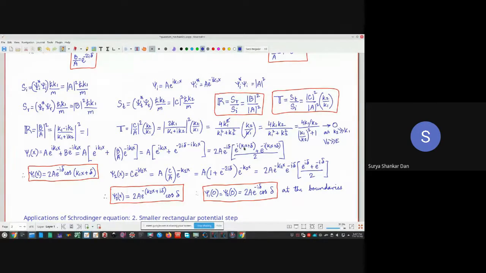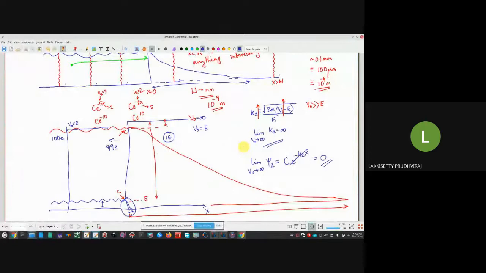Prudviraj, yeah, you had a question. Hello? Hello, sir. Like, we were taking the ball analogy. Yes. Okay. So, in the same sense, I have one doubt. In the ball analogy, the ball exerts a reverse force. My question is, what is making the electron go back? I think it is out of the scope of the discussion. No. Why? It is perfectly in scope of the discussion. No, we were basically talking about the probability of finding, but I wanted to know why it will go back is the question.